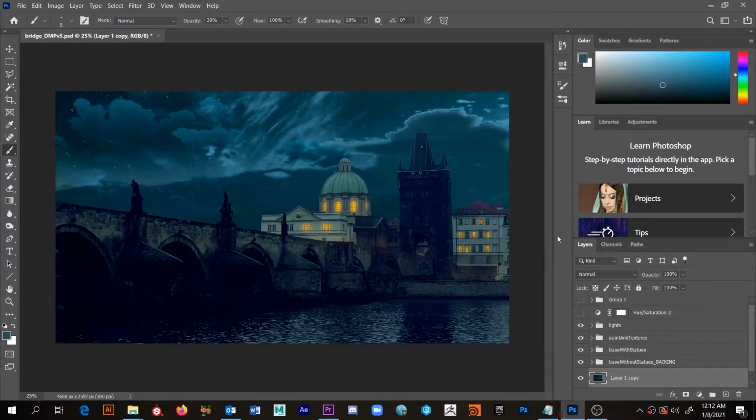Okay, let me explain what we're going to do in this video lesson. Ultimately, we want to end up with what we have here, where we have our lights folder. We have paint and texture. Now, if you notice on the paint and texture, I have all this painting of tree removals and statues